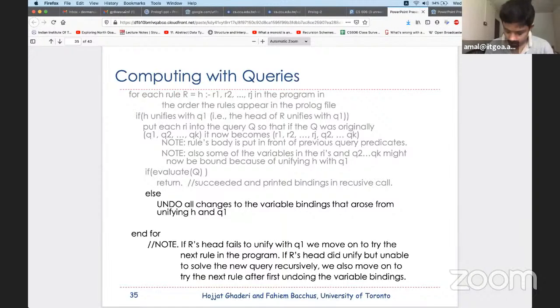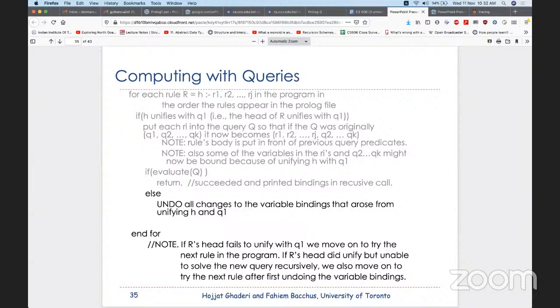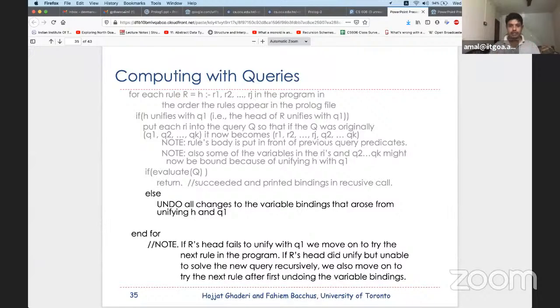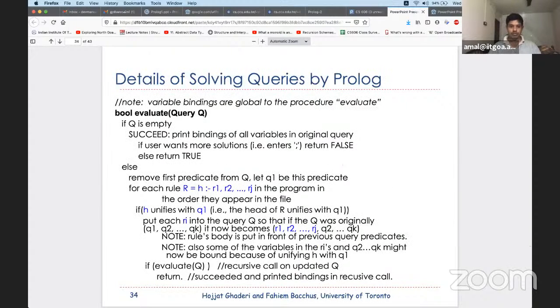Tell me again once more. If this branch has, one second. If this branch has, the query is empty, so it can't go ahead. So you have to imagine that we are in the middle of some procedure call. Yeah, it can go ahead. That is true. If the user wants more solutions, then